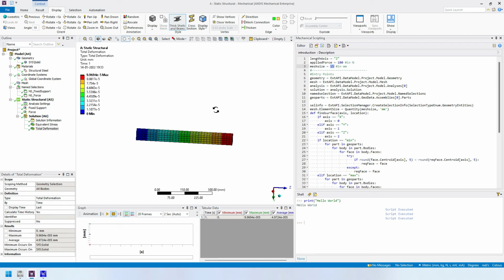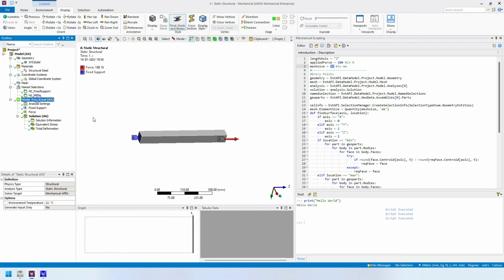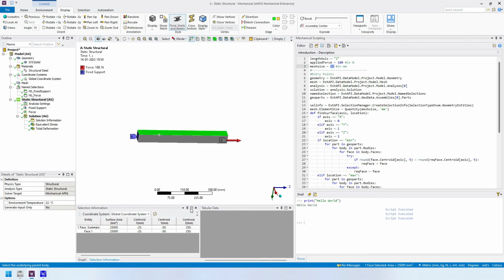So we will start with basics. First I will cover the basics of Python, which is required to automate and write script in this ACT console. Then we will go to intermediate. We will access this face as well, how you can access a face, an edge, or a body, and what are the properties. For example, if I select this face and go to the selection